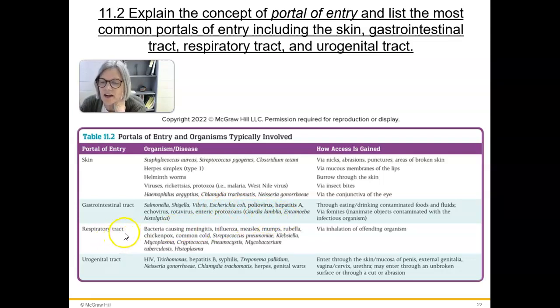The respiratory tract, this is bacteria causing meningitis, influenza, measles, mumps. This is one of those that I said isn't always really intuitive, because we think about chickenpox, where you get all these spots all over your skin. But how did the virus get in your body? Well, it actually came in through the respiratory tract. One of the reasons why the smallpox virus, even though it's been eliminated from the planet, or from the human population in general,